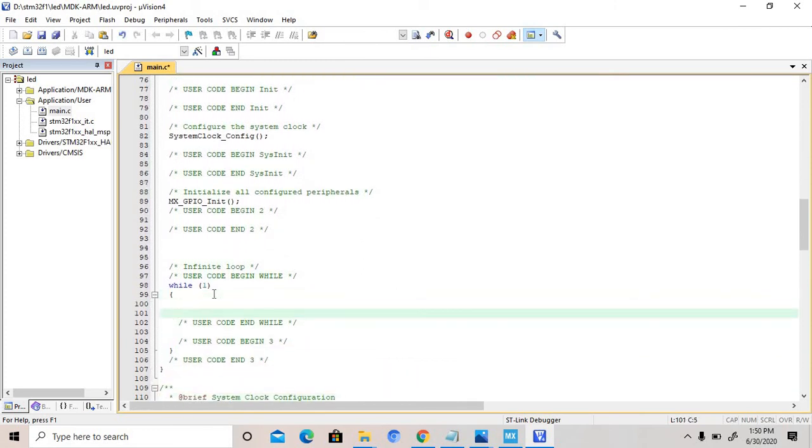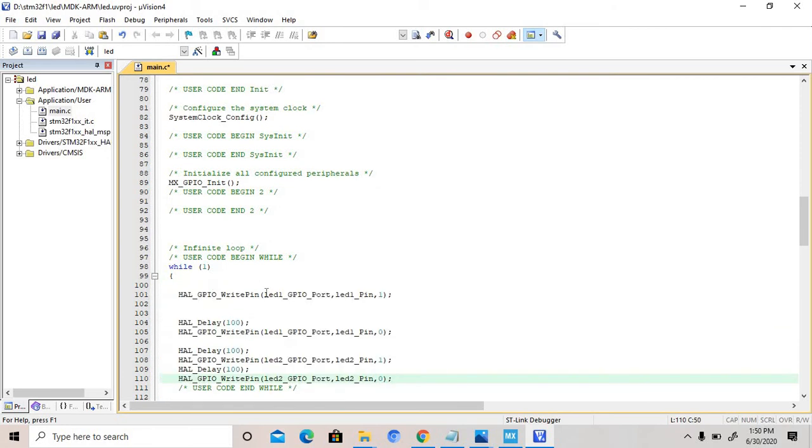So copy it. 1 is for high and 0 is for low. This is the delay function, HAL underscore delay. 100 means 100 millisecond.